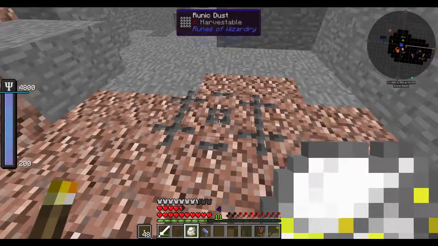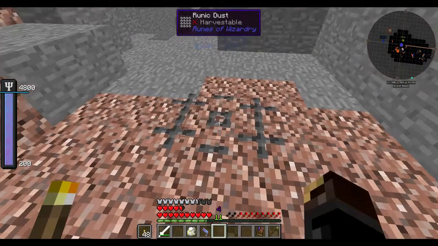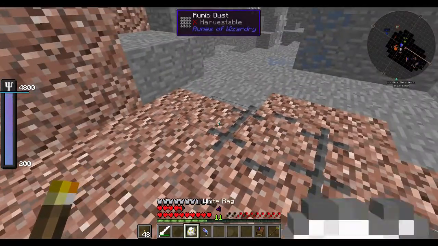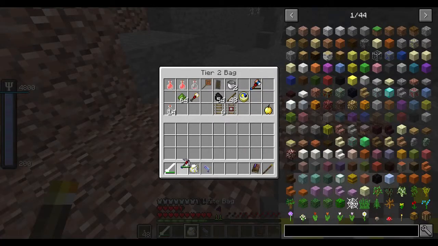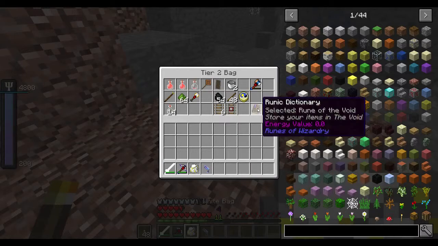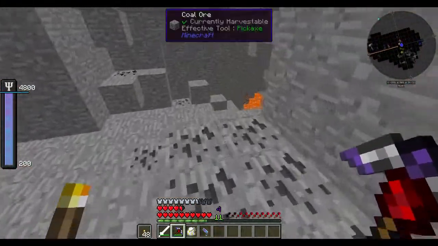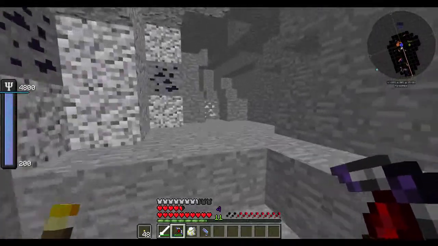I put my lapis dust in there. That was silly of me. I can get it out when I get home, but not until I get home, which means I only have one in it. Okay, so